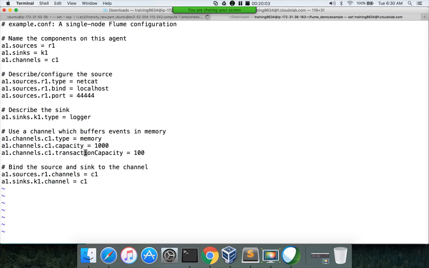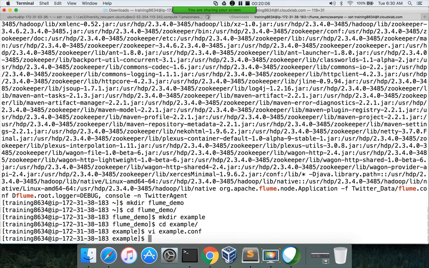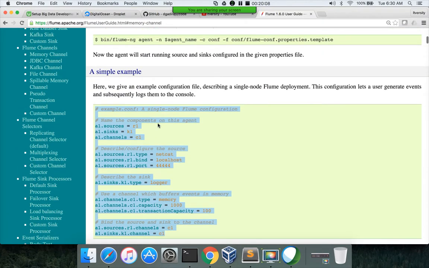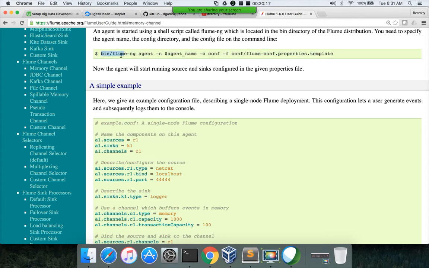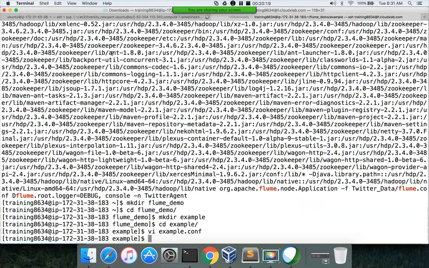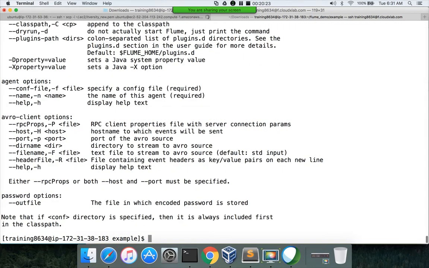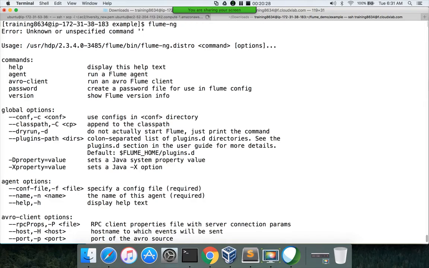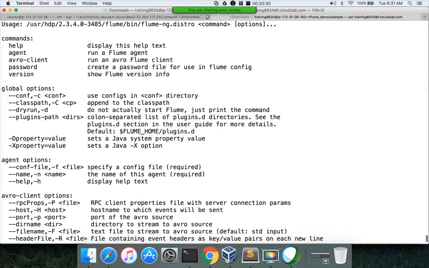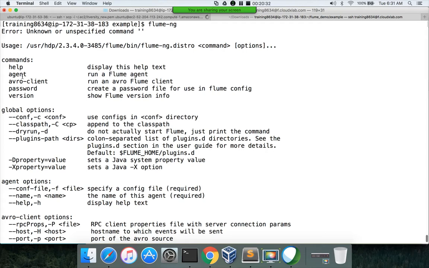That being said, now let us start this. Okay, and if you go a little bit up, they give a sample command. Here you have to say bin/flume-ng agent. So you don't need to specify bin. I think flume-ng is already added to the path, so we can directly use the flume-ng command. If you want to explore all these different commands, you can go through the list. And here we are trying to start the agent.